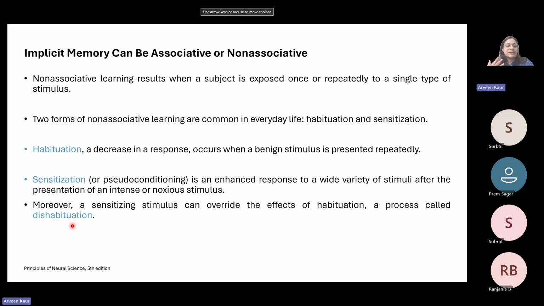Generally, sensitization happens because of an intense or noxious stimuli, right? So what does that mean? For instance, once I had an encounter with a poisonous mushroom, right? So again, it is not very likely that I will even go near that kind of a mushroom, or maybe its smell itself will cause an aversion, because now I'm sensitized that, okay, this is something that is going to cause a problem, right? So I'm sensitized to that situation. That is what is sensitization.